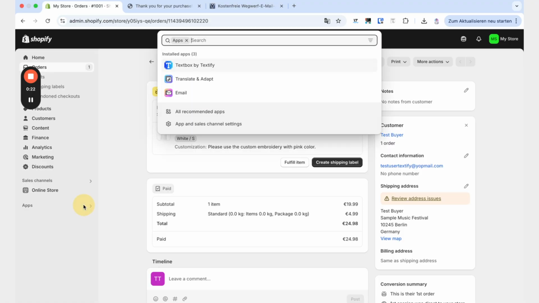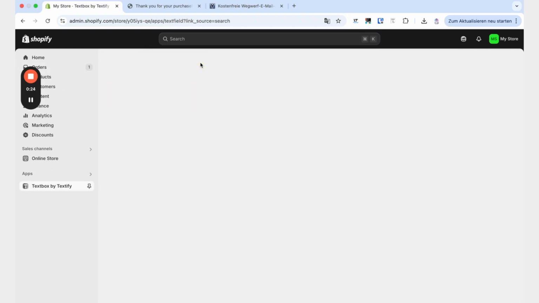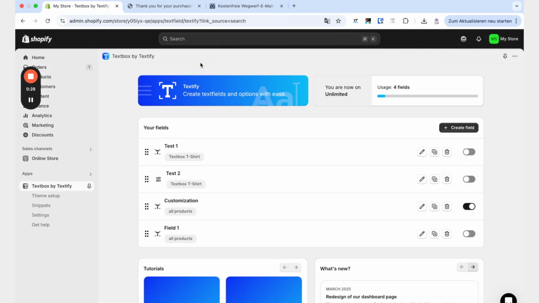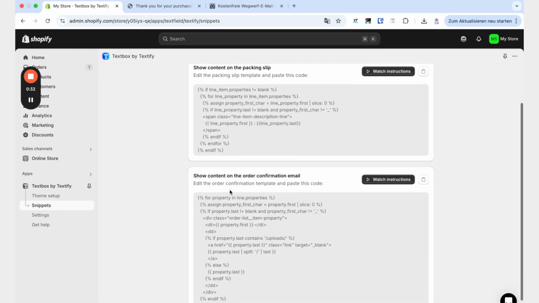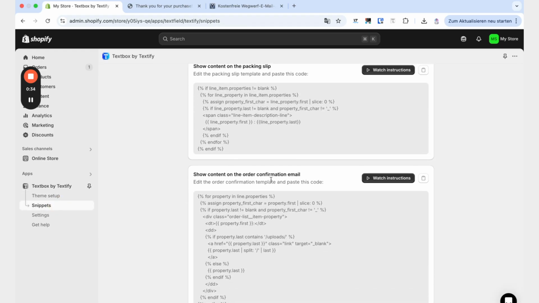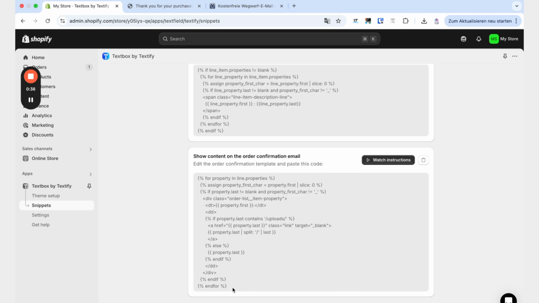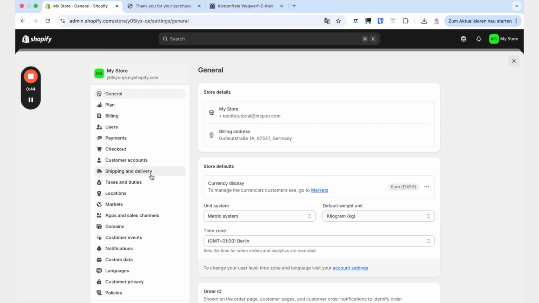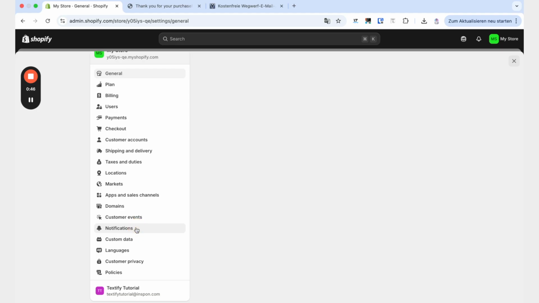First of all, we go to apps and open up our Textify app. Once it is opened up, we go to the left side, snippets. We will scroll down to see show content on the order confirmation email. We will again click the copy icon. Now it is successfully copied. We have to go to settings, scroll down to notifications,